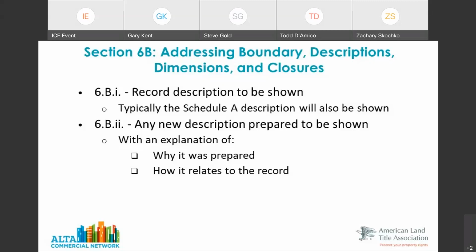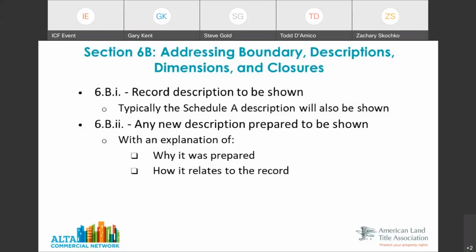If a property is a lot and block description, then we shouldn't be preparing a metes and bounds description of that, unless there's some error in that plat that needs to be restated with a description, and that would be a case-by-case basis. But in the standards, it also says that the preparation of a new description should be avoided unless deemed necessary or appropriate by two individuals.